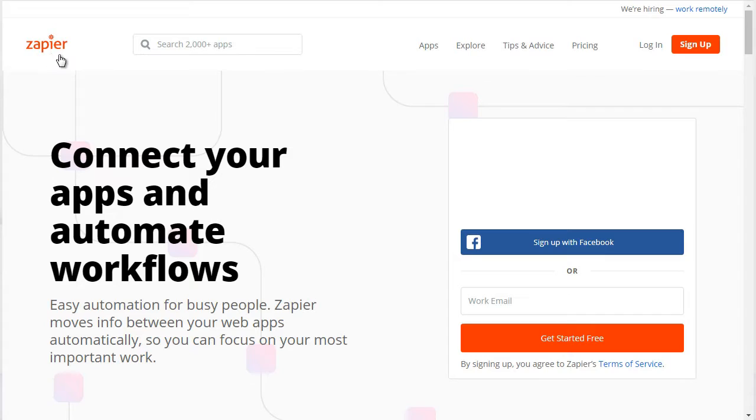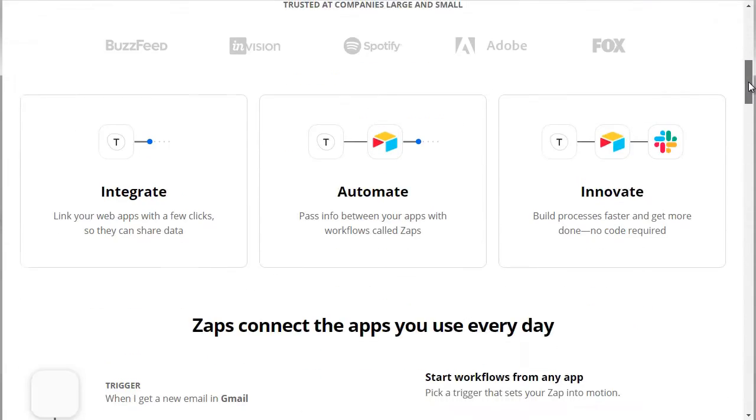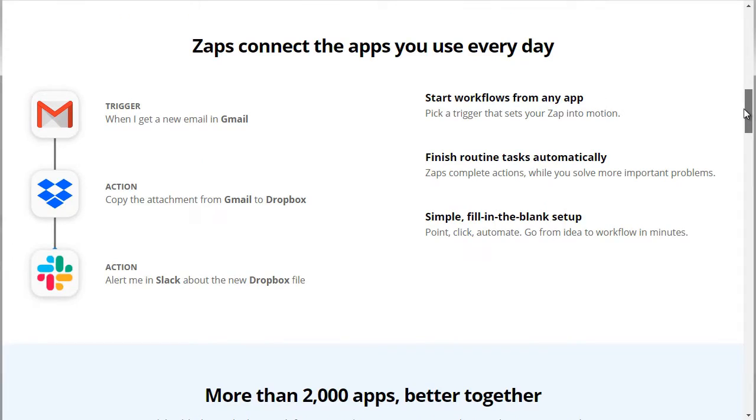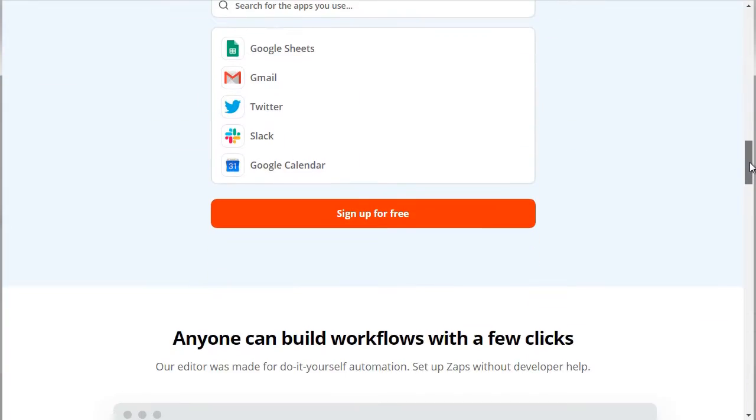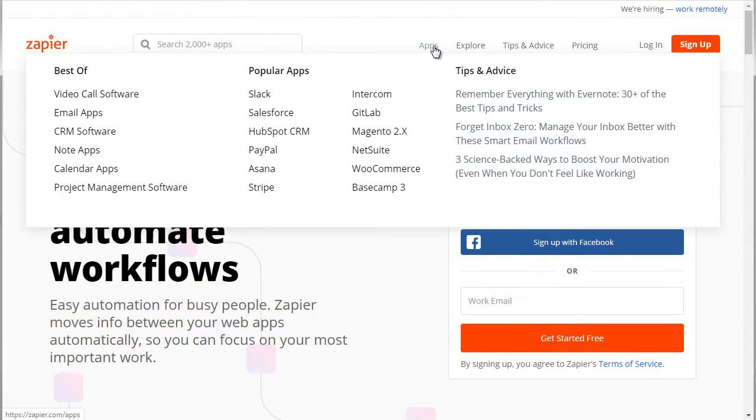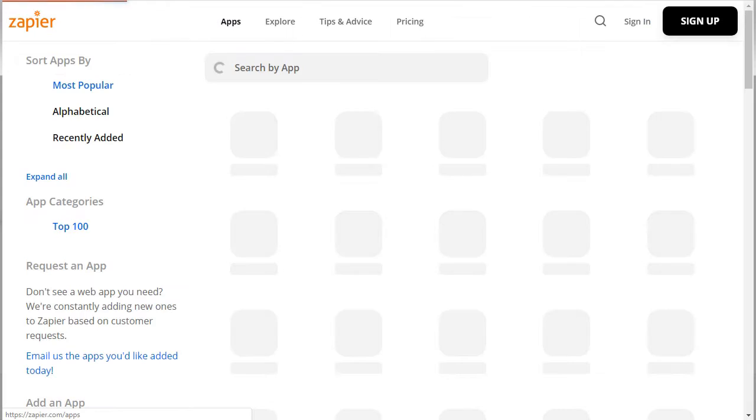Zapier.com, just as you can see here with this logo. This site is a little more expensive, but it contains thousands of apps. So the possibilities of connecting all sorts of social media platforms, blog platforms, and future platforms just make it possible for you to scale. With Zapier, if you scroll down, you can get an idea where you can integrate different apps. You can integrate Gmail, Dropbox, Slack, and all that. But we are mainly interested in the social media platforms. So if you click on apps right here,